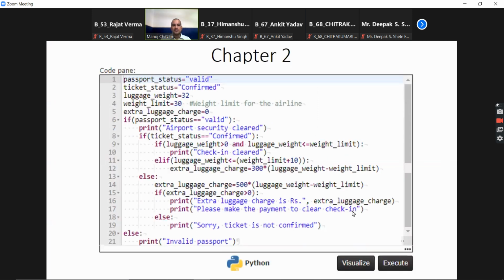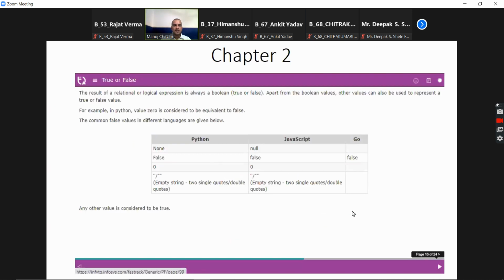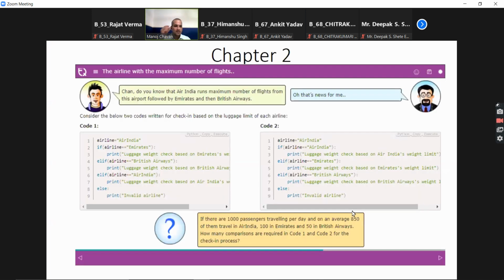Now this is the exercise which you'll be doing on the InfiniQ website, but currently we'll not get to it. Then this again is an exercise to be done online. Now here is what we have. Let's look at code 1 and code 2. I want from A division roll number 55 and B division roll number 55 to have a look at code 1 and code 2 and let me know which one is a better code